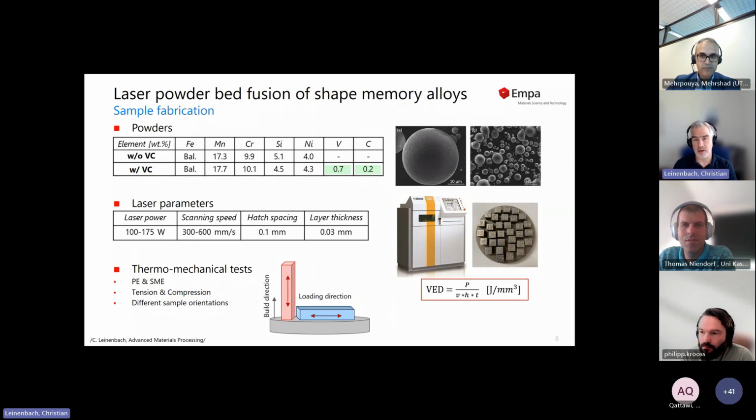And I think this is something that is a bit difficult to control if you go for wire arc additive manufacturing. DED, I think, yeah, we would have to try. I think it depends also on the size of the machine and the melt pool size. My main concern is really the loss of manganese. However, this is something that you could account for in the first place by just overlaying the material with manganese.